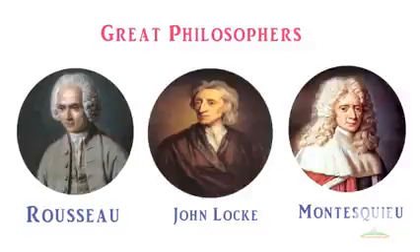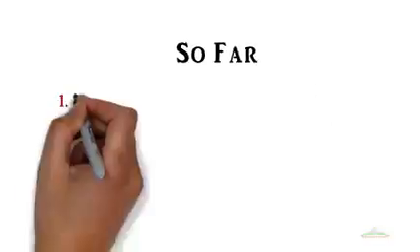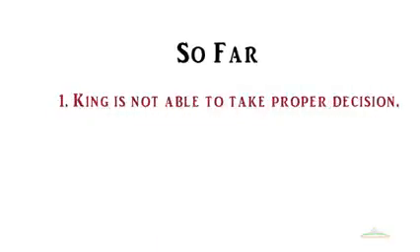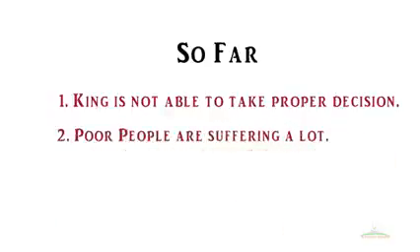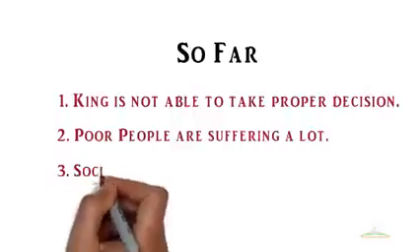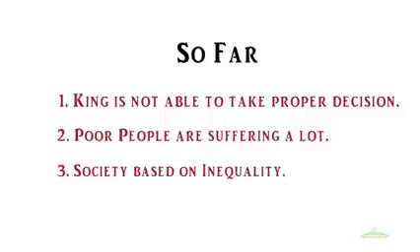That new, positive change inspired the political thinkers of France, and they also thought that this sort of system should be there in France. So far we have discussed that the king is not able to take proper decisions. The third estate, the poor people, are suffering from taxes and price rise, and they are also divided in their society. They do not have equal facilities or equal rights, and that's why there is some sort of anger and dissatisfaction with the king and his way of